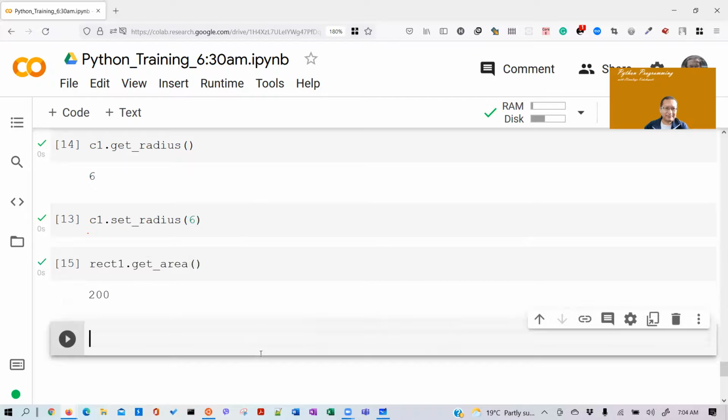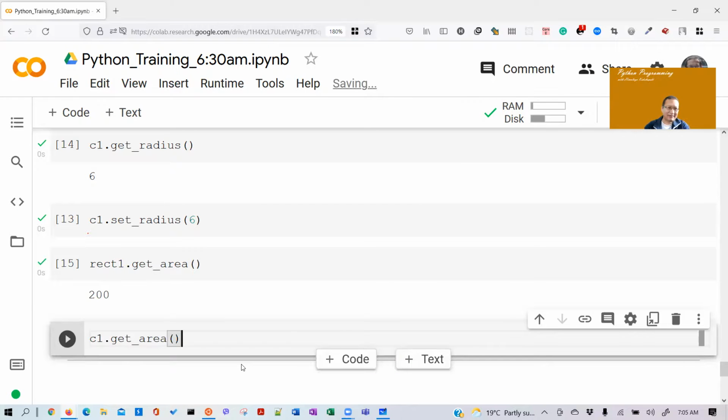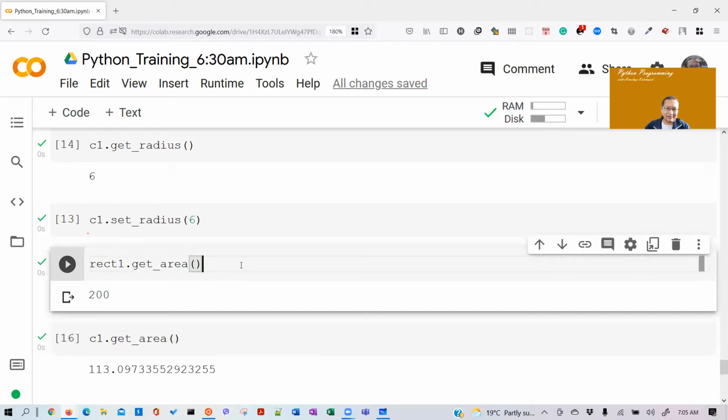How about C1 dot get area, yeah, pi r square right, pi 3.1459 times 36, no 36 भनेपछि करिब करिब कति आउँछ 120 25 जस्तो है around. Okay very good see I mean yeah so this is so convenient right convenient so यहाँ पनि get area छ